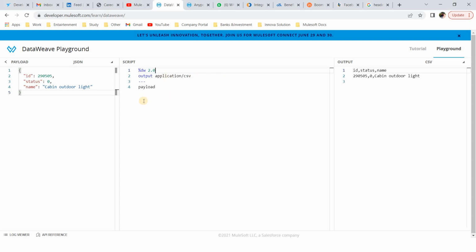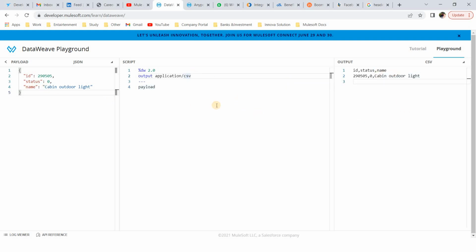So this is my input payload, which has one object with ID, status, and name. This JSON I am going to convert into CSV format. In the CSV you can see the columns: ID column, status column, and name column. Under these you get the values. So this is the way we can transform from one format to another format.